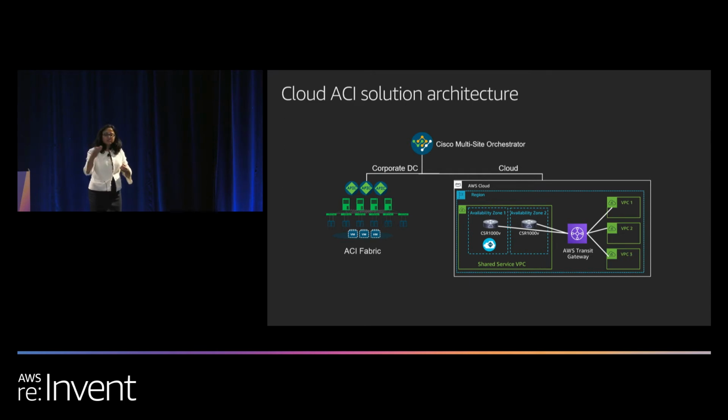But then you can use either tunnels from the CSR to the TGW or CSR to CSR for your inter-region and on-prem to different region communication. And as I mentioned, the Cloud APIC is available as an AMI image on the AWS Marketplace. The spinning up of the CSR image and the whole life cycle of the CSR is going to be automated by the Cloud APIC. So I'm now going to hand it over to Azim to talk about all the use cases for the solution. Thanks, Mayuri.